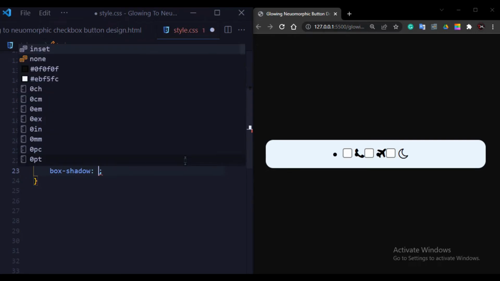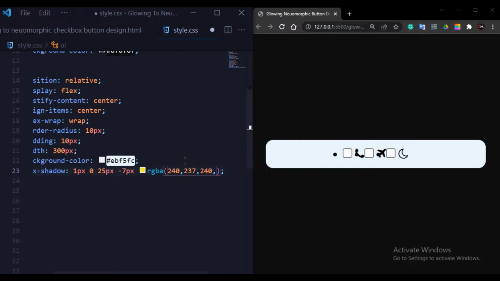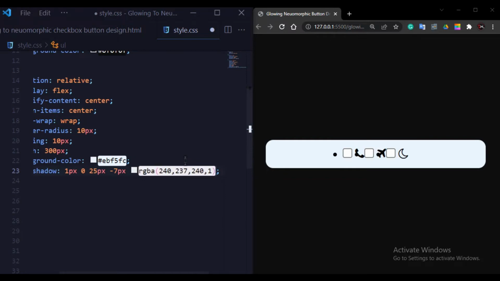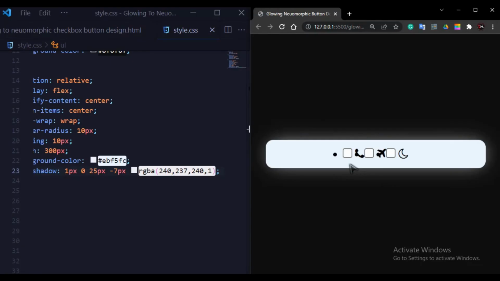I will write 1 pixel 0 25 pixel -7 pixel RGBA 240 237 240 and 1. Now I will save the file. So the box shadow is also set, and it looks really very amazing, very attractive.